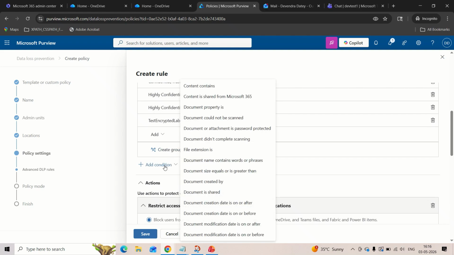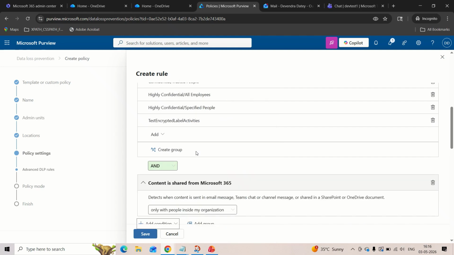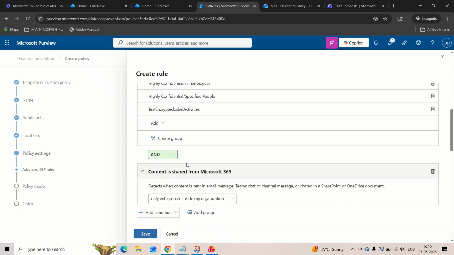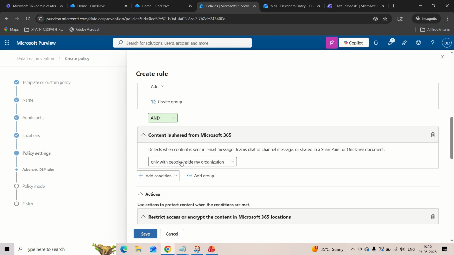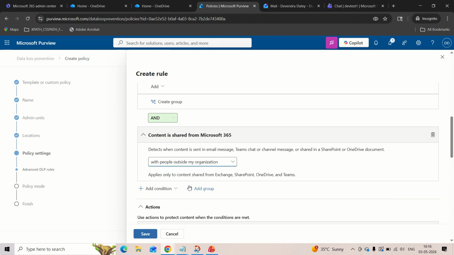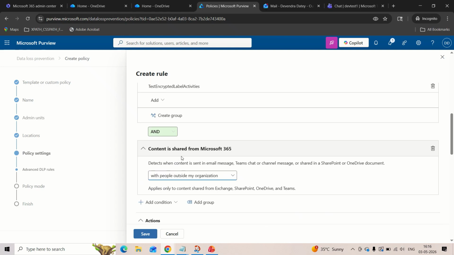What we'll do, we'll choose one of the conditions, content is shared from M365. That means content is shared from M365, meaning your domain. So we'll choose this, so it will get aligned with the and conditions. Okay, and you can choose over here people outside my organization. That means whenever any user from your organization is sending the file to outside your organization, this condition will get